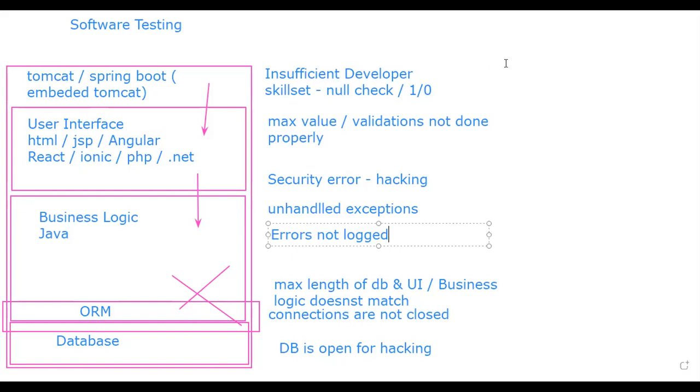That's one error scenario. Like this, we have lots of error scenarios which happen because of the developer skill set, because of security, or because of the infrastructure. How do we tell about infrastructure? We have only 1 GB RAM. The machine is 1 GB RAM, but when we run it, we will need like 2 GB RAM. So we have insufficient RAM and the system always crashes. No problem if we have an issue, but we have to be notified.